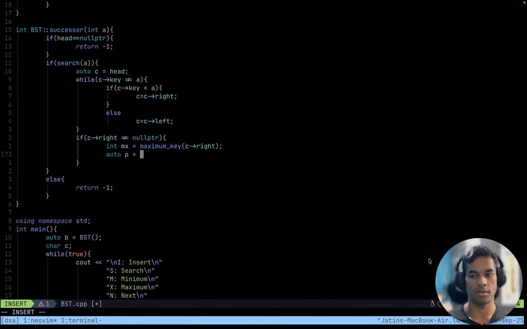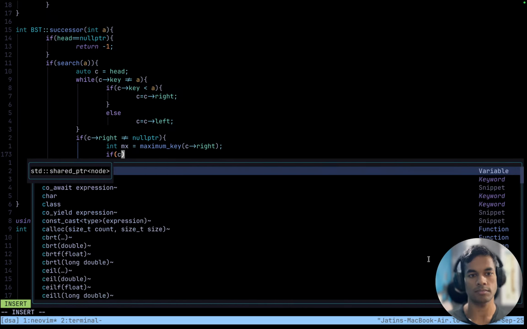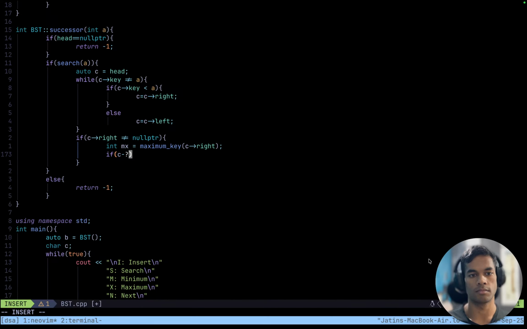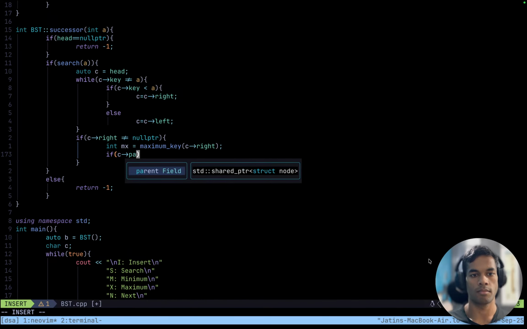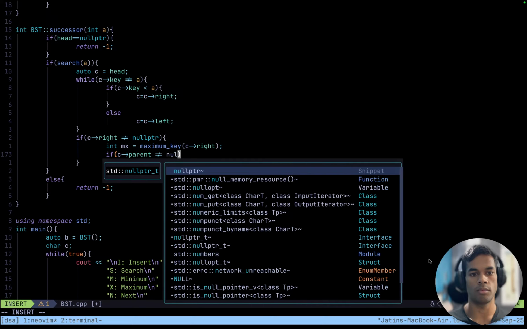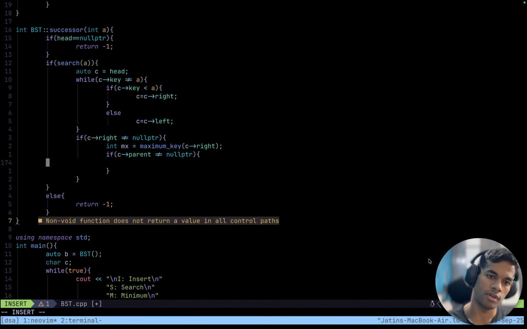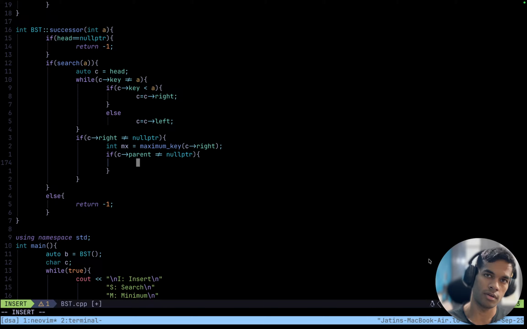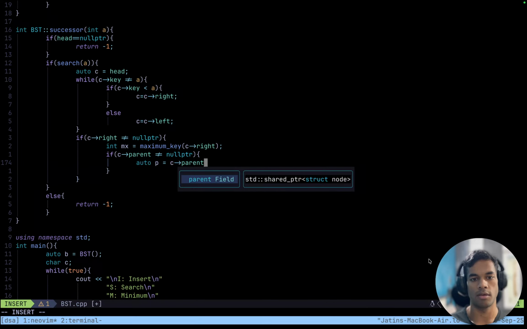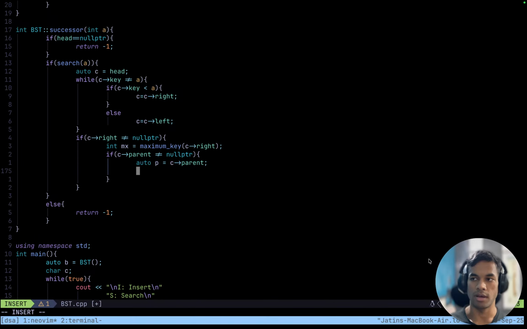Auto P. First, we have to see if the parent does exist. If C parent is not equal to null pointer, I guess we don't have to check against null pointer, we can just say if C parent, but let's not take any risks for now. Then the parent also exists. Then p equals C parent. When we have the parent, now we